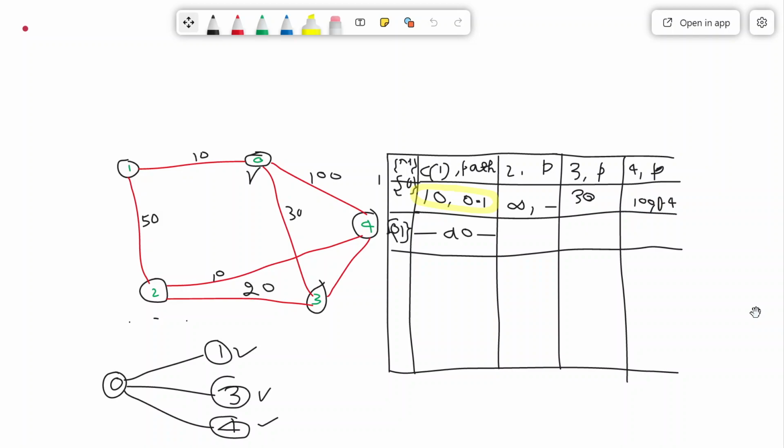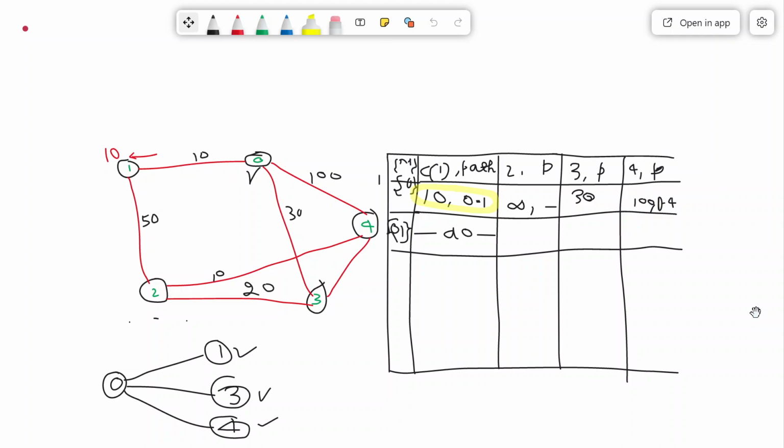So this is fixed. Now coming to this, 0 and 1 are there, and from 1 we can reach 2 also. So 2 will be included now. And the length to reach 2 is 50. 0 to 1 is 10, and 1 to 2 is 50. So for the total length, I am just representing it here. This is fixed, so I may write 10 here, because this node is relaxed now.